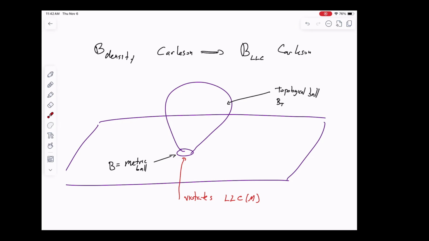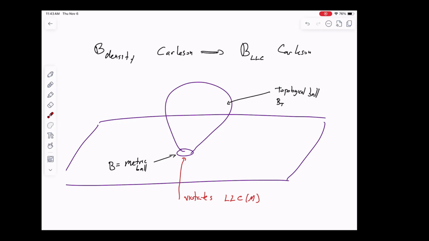So let me say that neck. I used that word, but as soon as I said it, I slightly regretted it because it's not exactly a neck. It's almost like a connected sum. I guess that doesn't matter in topology, right? We plop the bubble onto the plane.